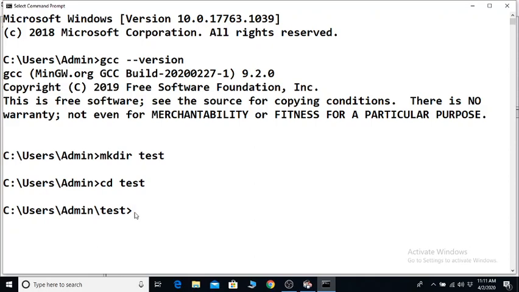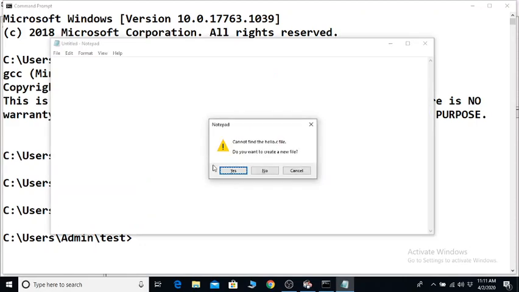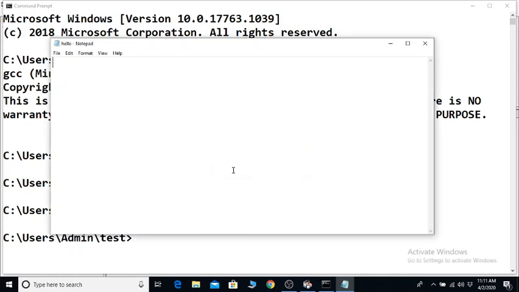How do we start editing the program, that is typing the program? You can use this command: notepad space the file name of the program with dot c as the extension. I'll just give hello dot c. Hello is the name of the file, dot c is the extension of any C program file. Just press enter. It will show you that it cannot find hello dot c and ask if you want to create a new file. Click yes. Now you can type the C code here, hash include